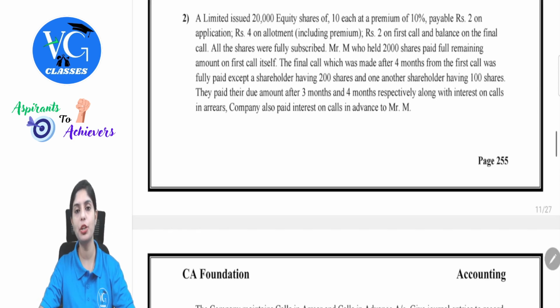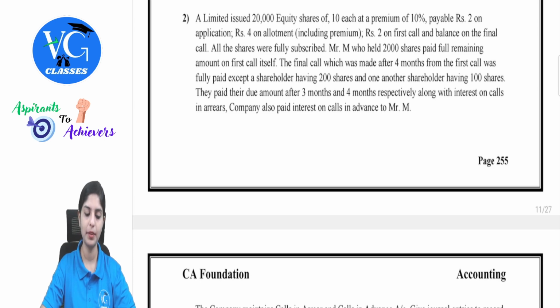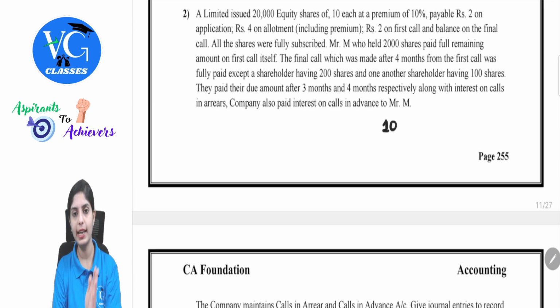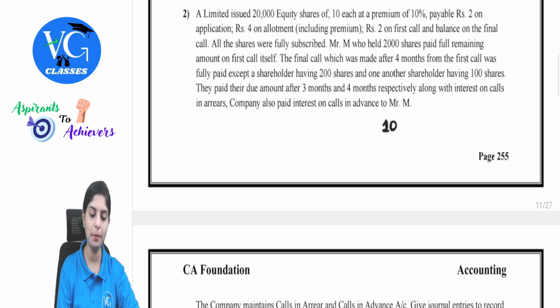This was an exam question, a very important one, which came for direct 15 marks. So this gives you a good practice with respect to calls in arrears and the interest component. So let's understand. A Limited issued 20,000 equity shares, 10 each at a premium of 10%. So whenever you come across such things, make sure you just write down the breakup. So 10 each at a premium of 10% means on 10, 10%, 1 rupee is the premium, payable 2 on application,